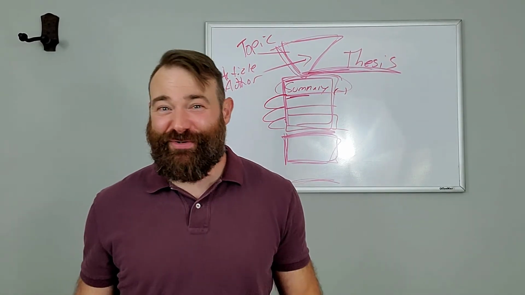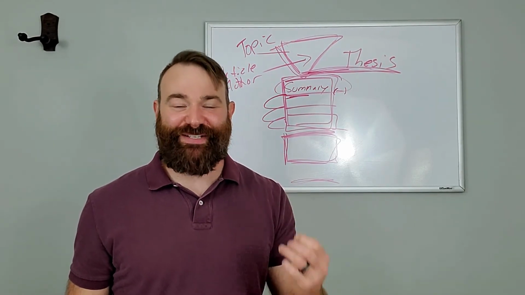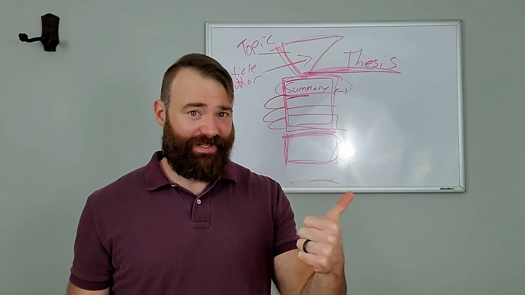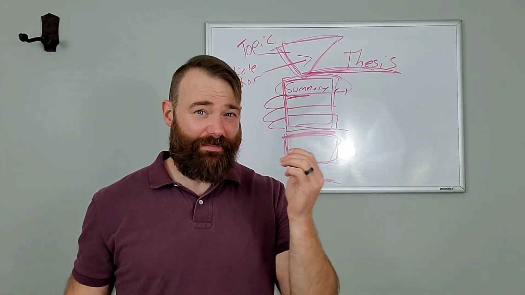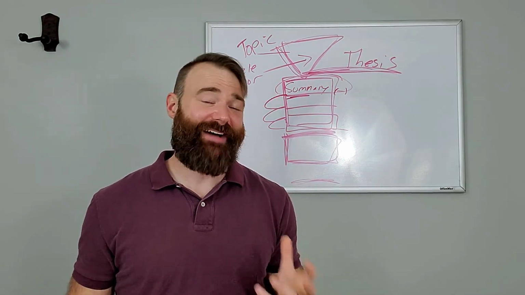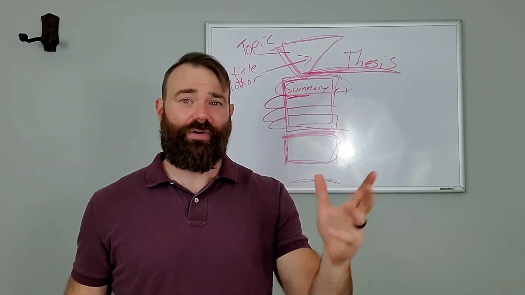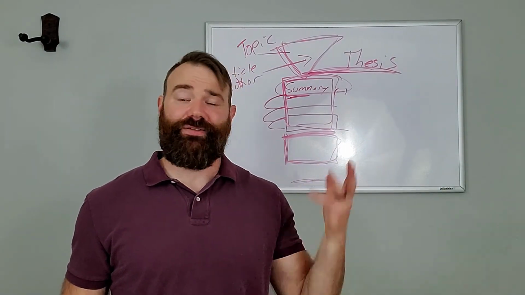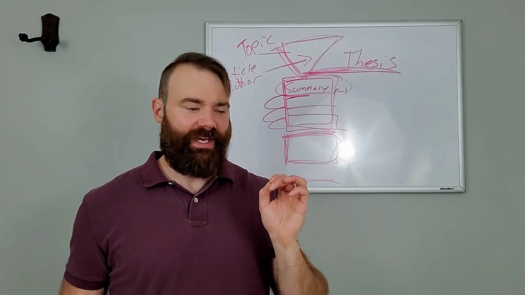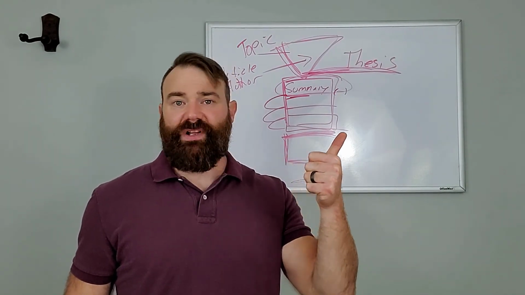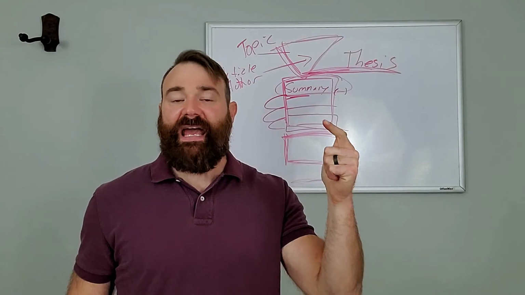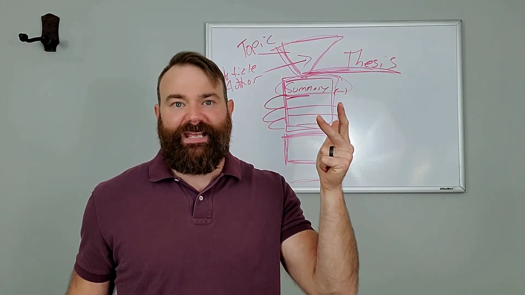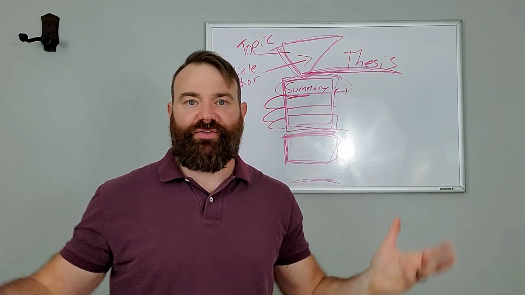Okay, in order to do this essay, you must understand the article. You have to understand what the article is trying to accomplish. So what are the major claims? What is the major argument? You have to know what the major argument is, what is the overall reason why this author wrote this piece. And if you don't know that, you won't be able to do any of this. So you really have to think, what is this author trying to do? What is this author trying to prove to the audience? And what decisions did the author make in this attempt? So how is the author trying to do it, right?